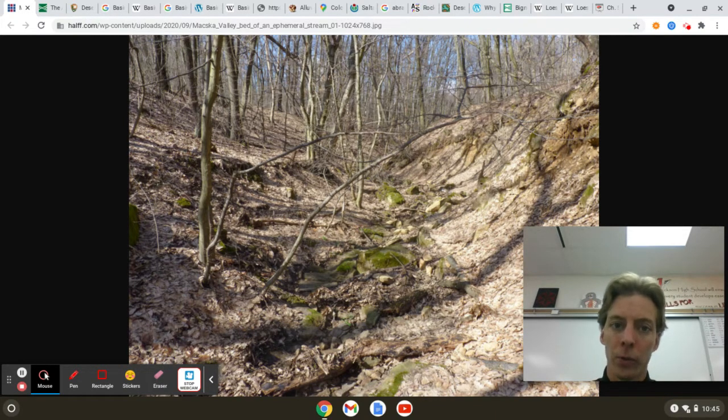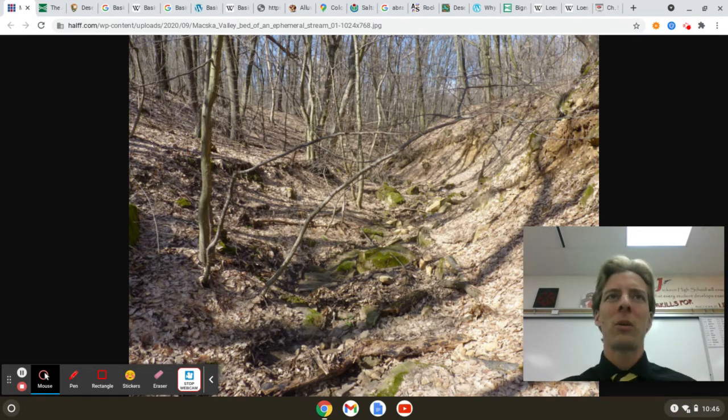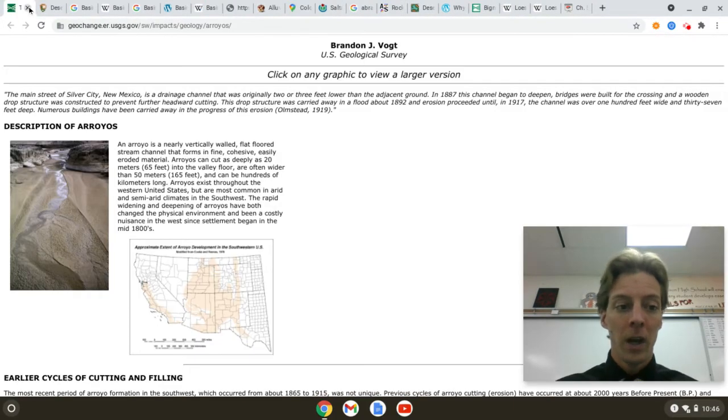The water flows for a little while and it's evaporating so fast, soaking into the ground so fast, it runs out of water before it can erode downhill to a coast. So desert streams sometimes just have interior drainage. They don't drain exterior.